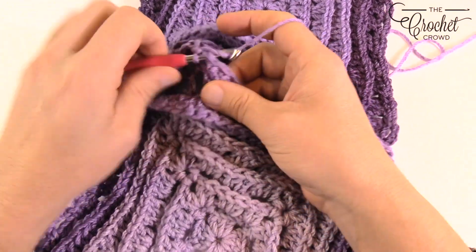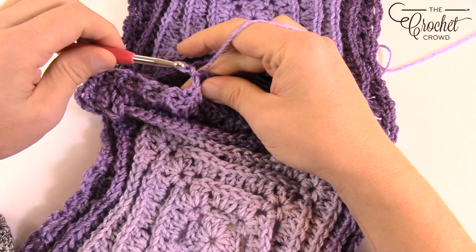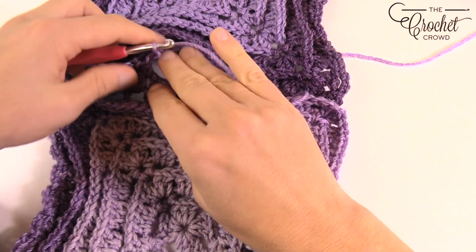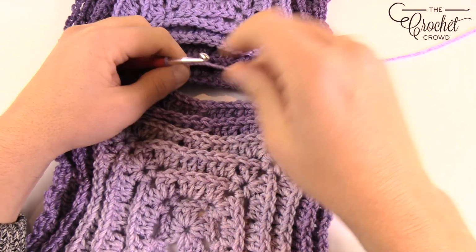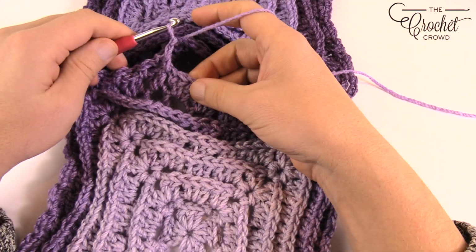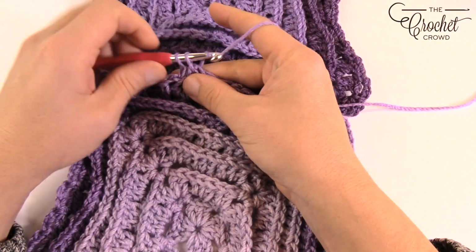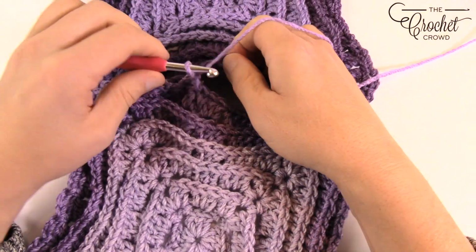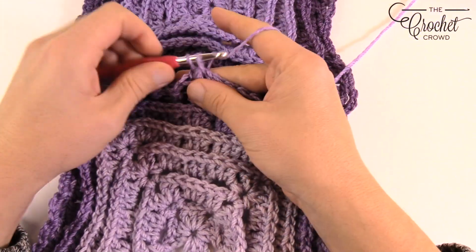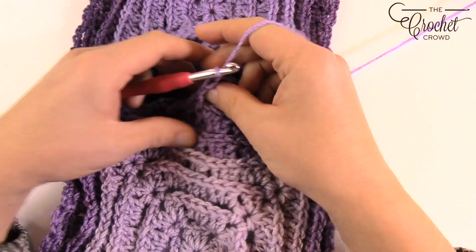of all the joins. So in the corners what happens is that sometimes right now there's only 2 coming together, but there may already be one sitting over here. So you just got to watch that. And so the only difference is instead of chaining 3 and putting it back in, if it's got to attach to a neighbor, you have to make sure that you are attaching as you go. So you just got to watch for that, and it really is quite an easy process. The joining for me only took a few moments because I'm just bouncing between one and the other,